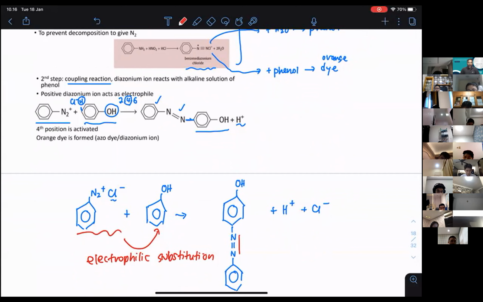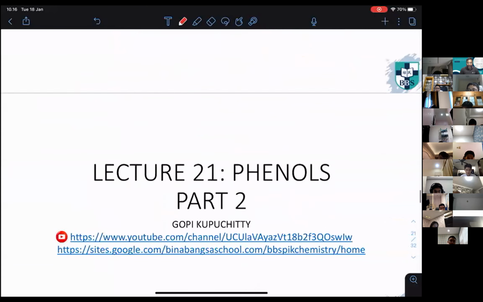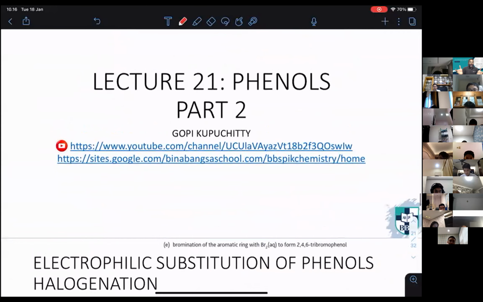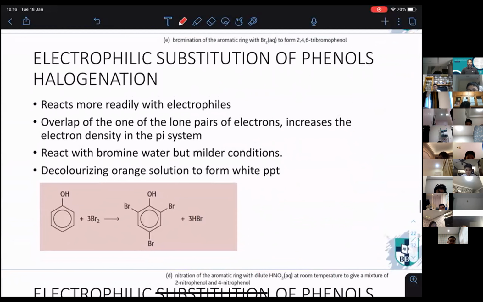Yeah, because normally we need to have the catalyst. Yeah, but for phenol, we didn't go into detail yet. Yeah, but that is what we are going to go into now, which is going to be the next part of the lecture, which I will also go through this Thursday. Okay, we are going to have electrophilic substitution of phenol,